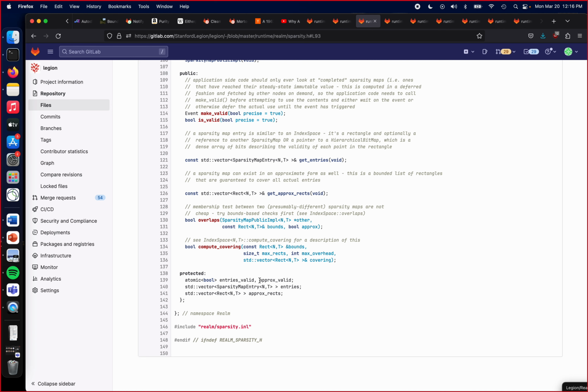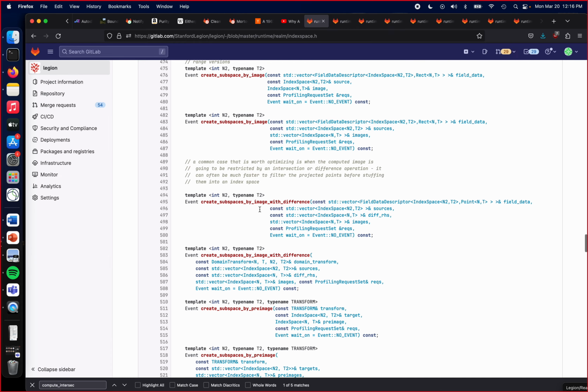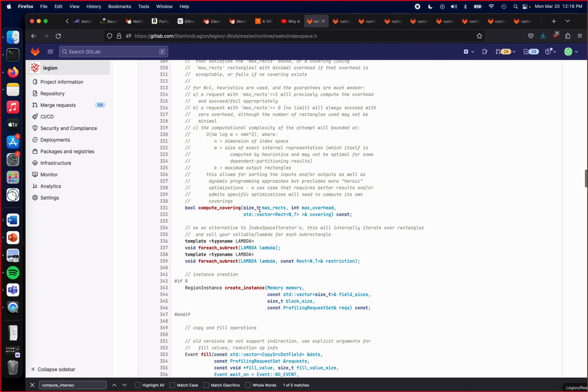But what it is not is precise, right? So there are some points that may appear in the approximation, which do not ultimately end up appearing in the final computation, right? So it's always an upper bound and not like a lower bound or anything like that. And importantly, what that means is that if you actually come back here and look at the index space class here,